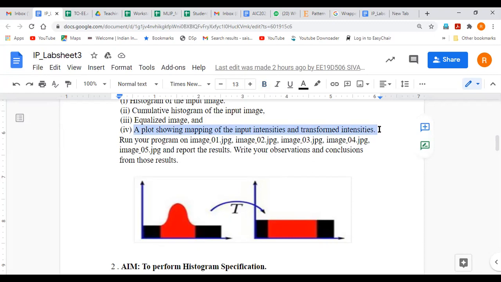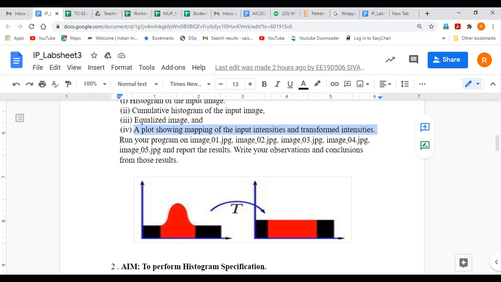Sir, histogram understood. What is cumulative histogram and equalized histogram? Equalized histogram is the output, what we discussed. What is cumulative histogram, sir? Cumulative histogram means we need to add everything and show that. Yes, PDFs you have to add, right? So whatever the second table I have shown is the cumulative histogram. That is cumulative PDF, right? So cumulative distribution function is cumulative histogram.